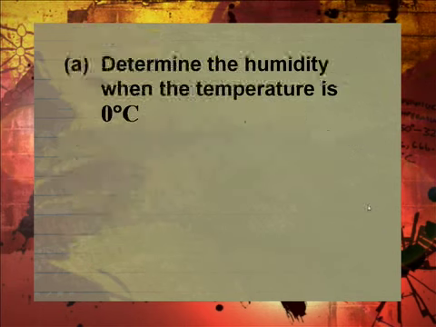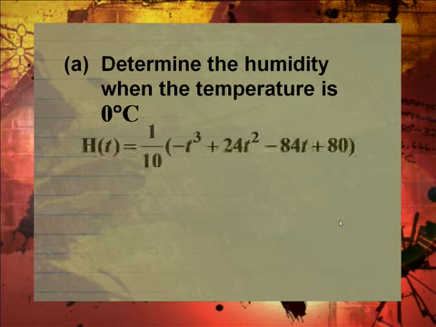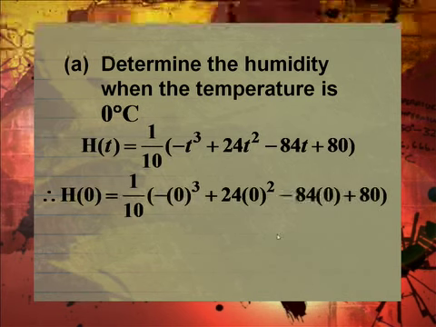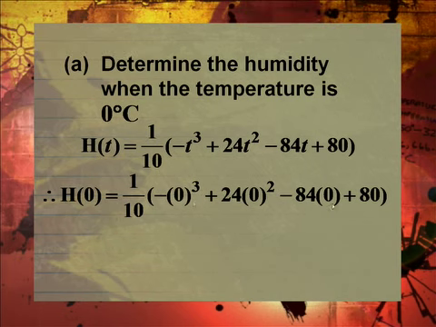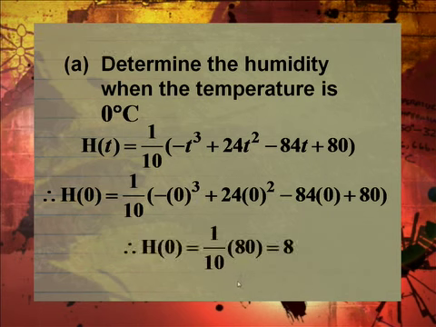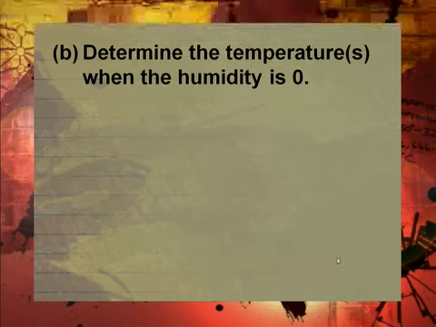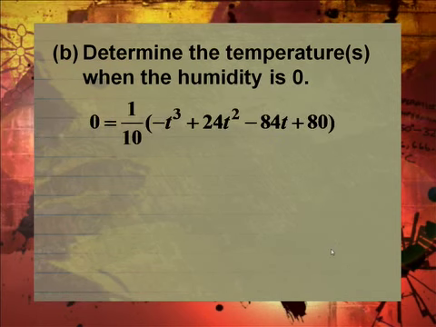Okay, now what we want to do is determine the humidity, the H, when the temperature is 0. No problem. All you do is you replace the temperature with 0, and you plug it in. And if you work all of this out, it's going to give me, very simply, a tenth of 80, all of that falls away, which is 8. Okay, and a factor of 8 there. Determine the temperatures when the humidity is 0. So when the H is 0,